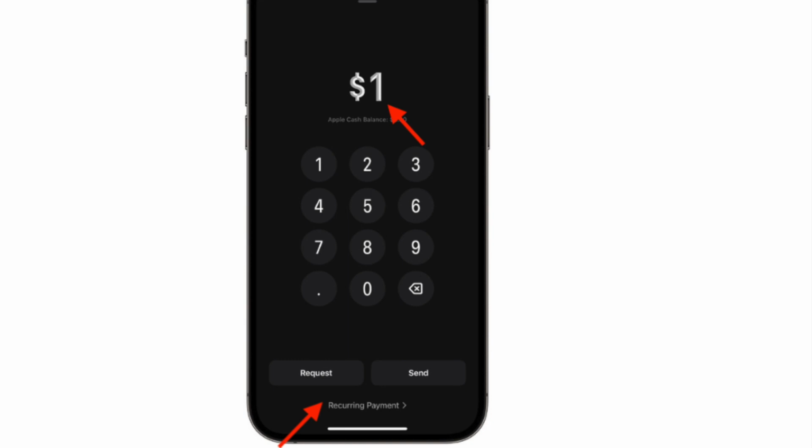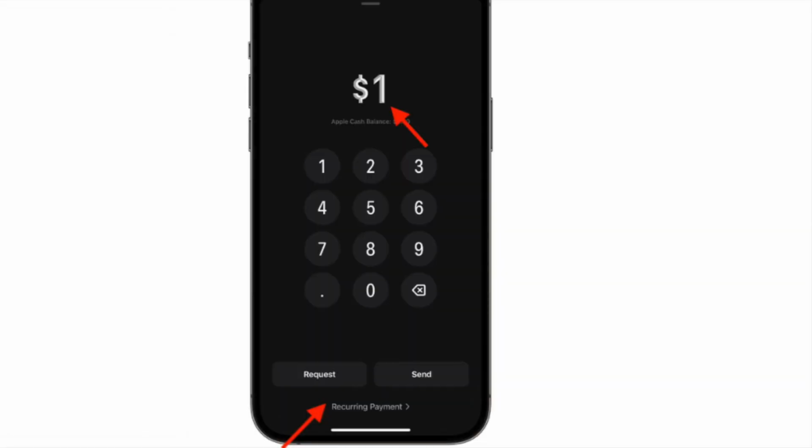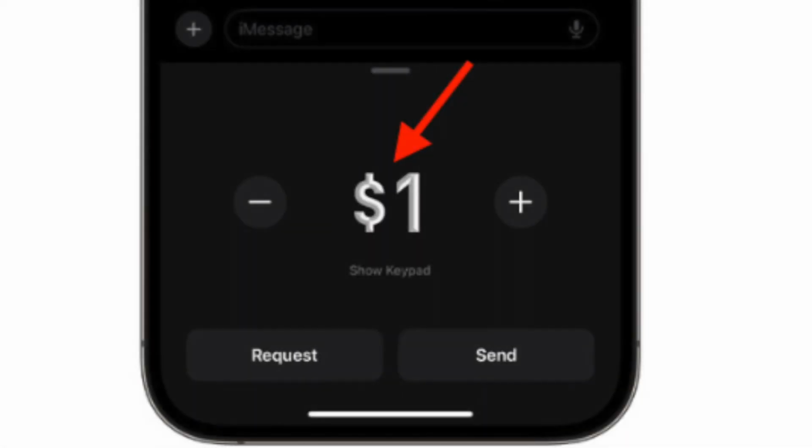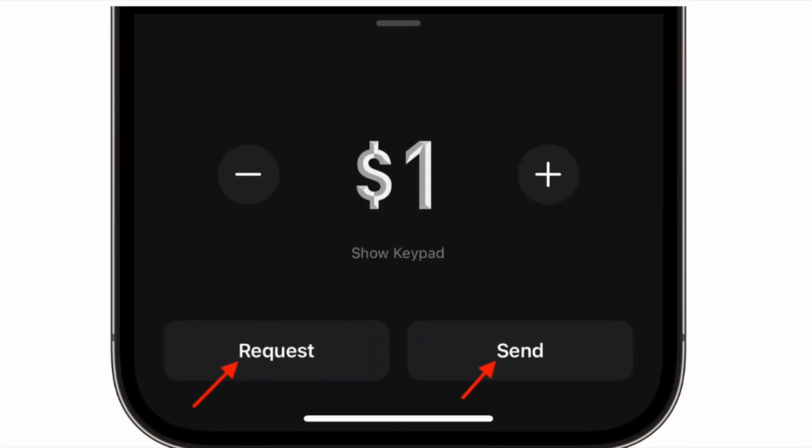From the bottom of the screen, tap on the recurring payment option. Next up, select the date and your desired repeat frequency. You can also add a memo to your payment. Once you are done, simply tap on the next button and then hit the send button to send your first